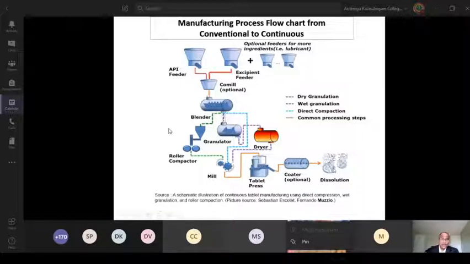Ultimately, we have to see the dissolution profile pattern in the OGD media, the official FDA media, and also the USP media. Sometimes people also come up with a discriminatory dissolution medium or biorelevant medium in order to match the dissolution of your test product exactly with the RLD, right? So this is the overall view from conventional to continuous.